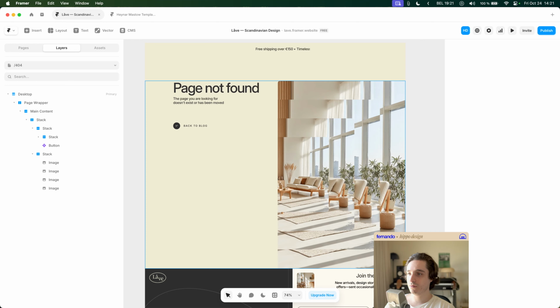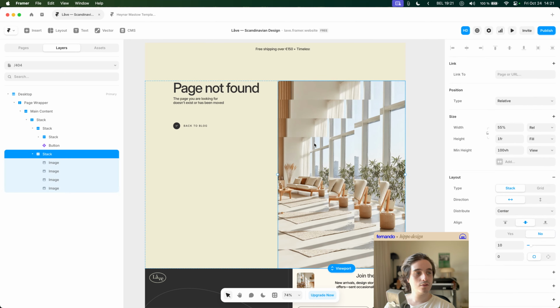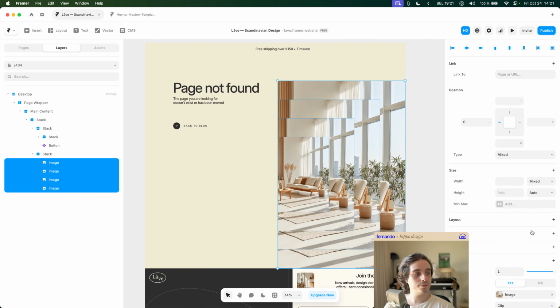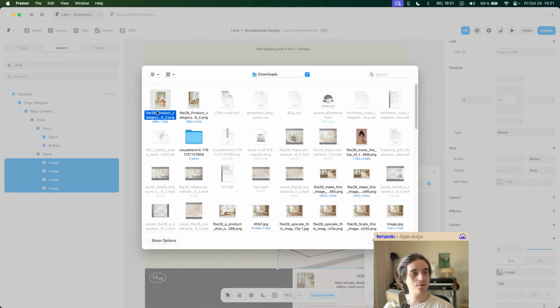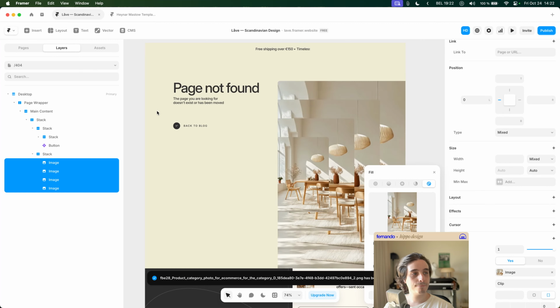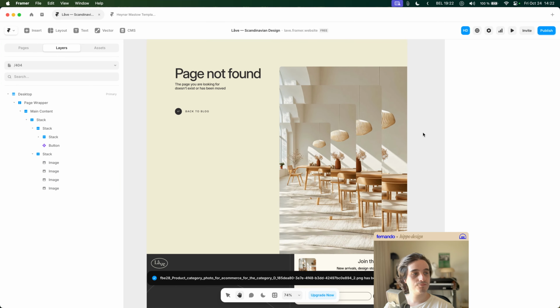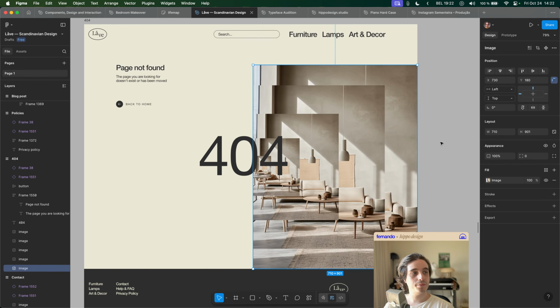So I'm gonna grab something from here. Guess this one should do it. So all of them, set the fills together to this one. Cool. Looks a bit better, but